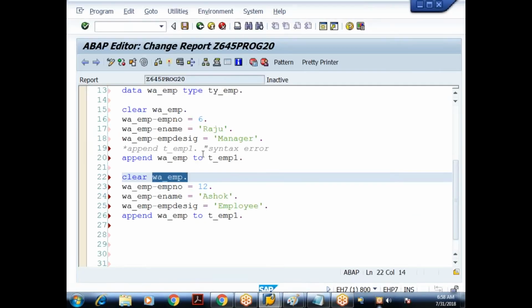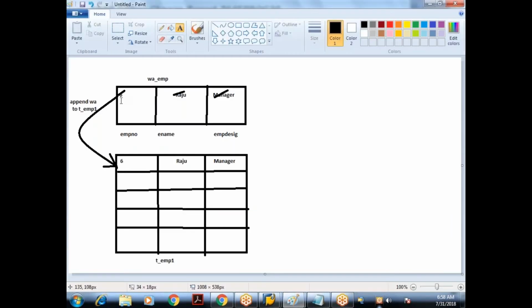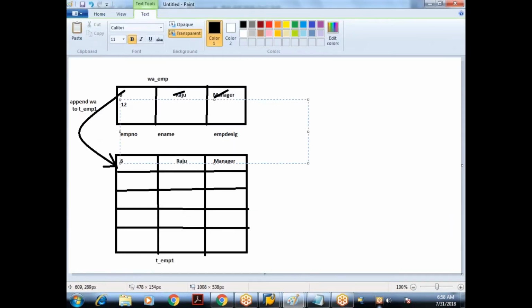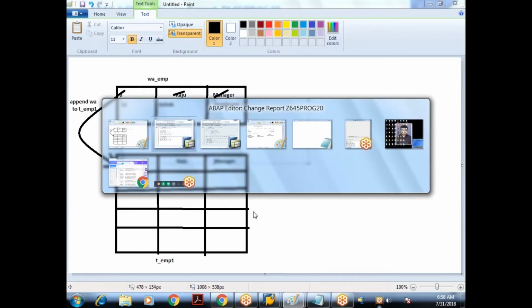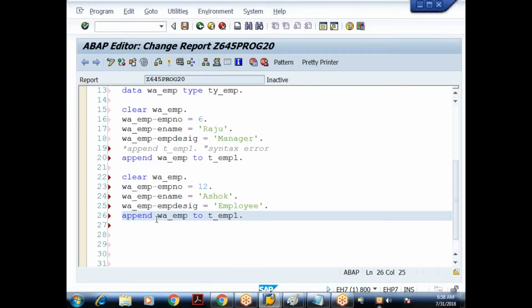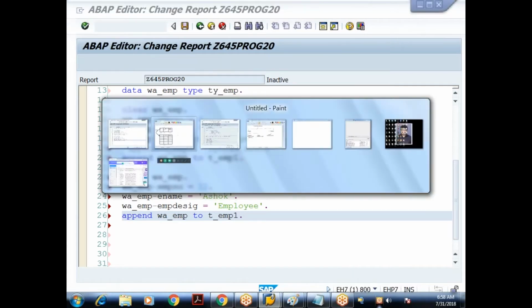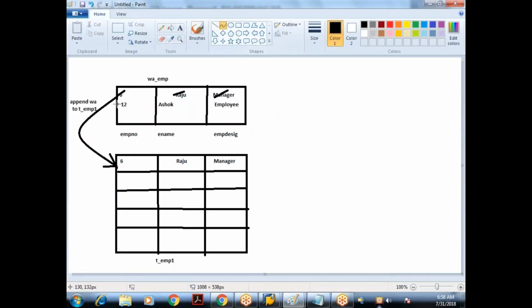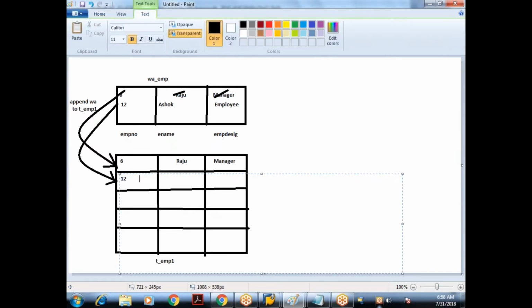What is the new data we are assigning? 12 Ashok and what? Employee. Again, we are saying append W underscore EMP to T underscore EMP1. Again, the data is copied from work area to the end of the internal table. Append always refers to the end of the internal table. So this should be again 12 Ashok and something, employee.